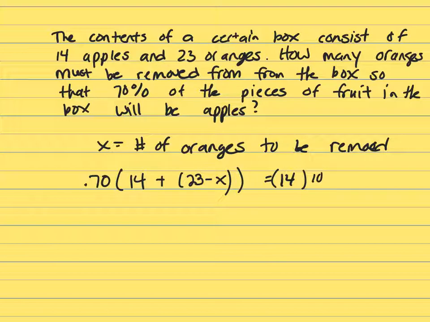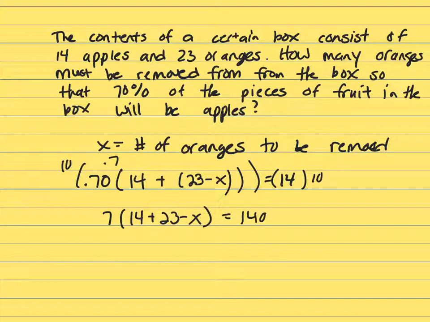So I have whole numbers. So that's going to give me a 7, because that's just 0.7, it's the same thing as 0.70. 7 times 14 plus 23 minus X equals 140. And then 7 times, 14 plus 23, that's going to be 37, minus X, equal 140. Notice how I'm not multiplying through by the 7, because that's going to make my numbers